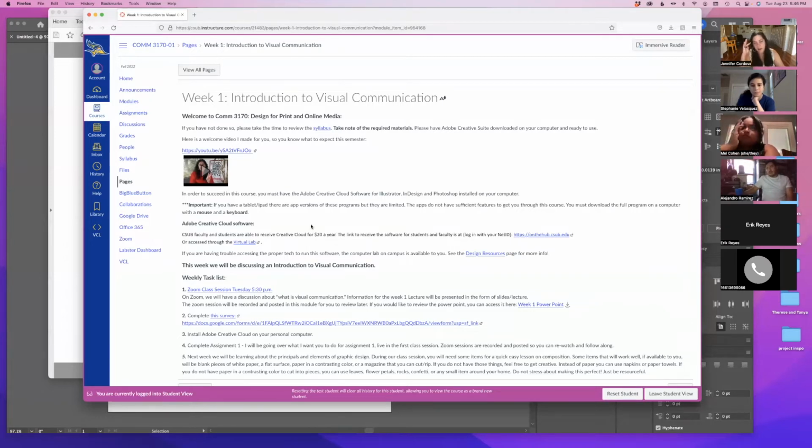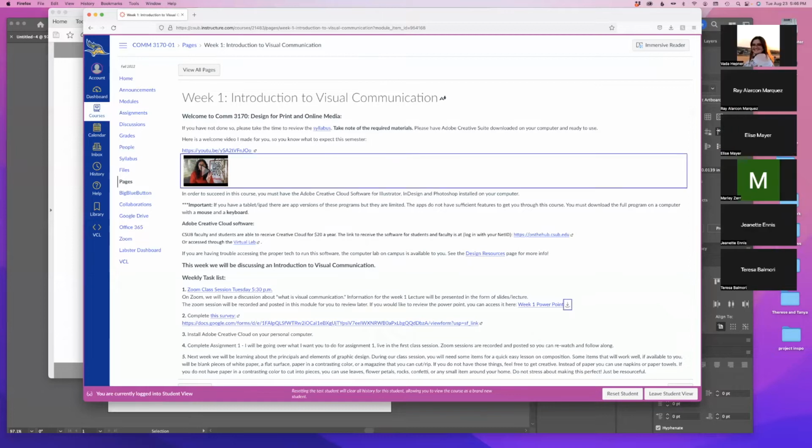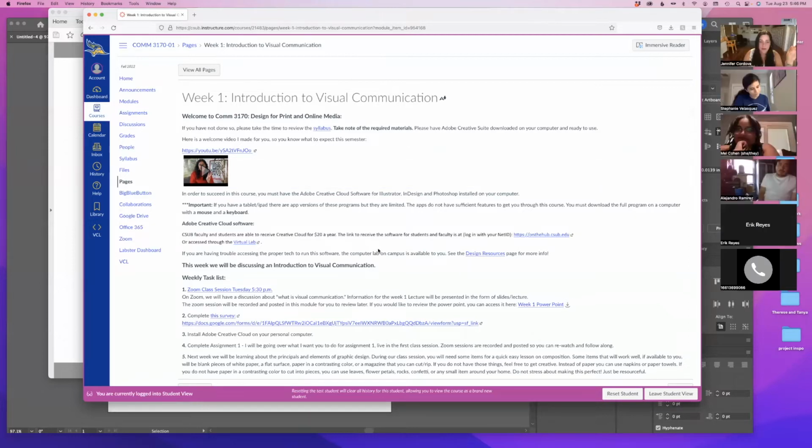Any questions? I didn't go over the syllabus. Are you all comfortable with reading that? Do you want me to go over the syllabus? Okay, I don't think I need to go over that, but if you have any questions, the syllabus is up there. Feel free to email me. Any questions about the course itself as a whole? No?